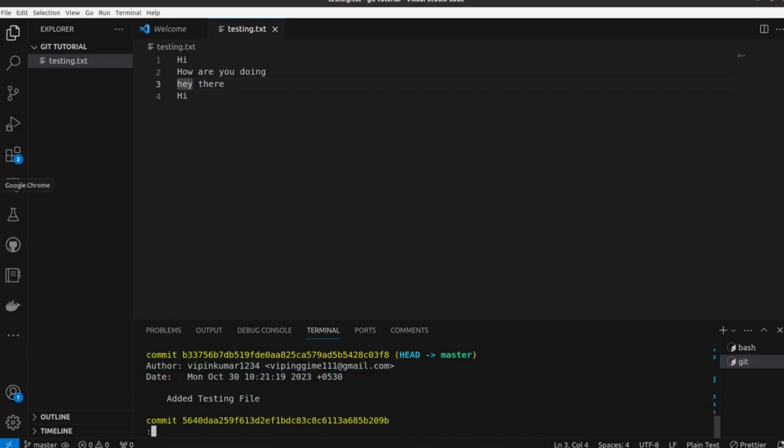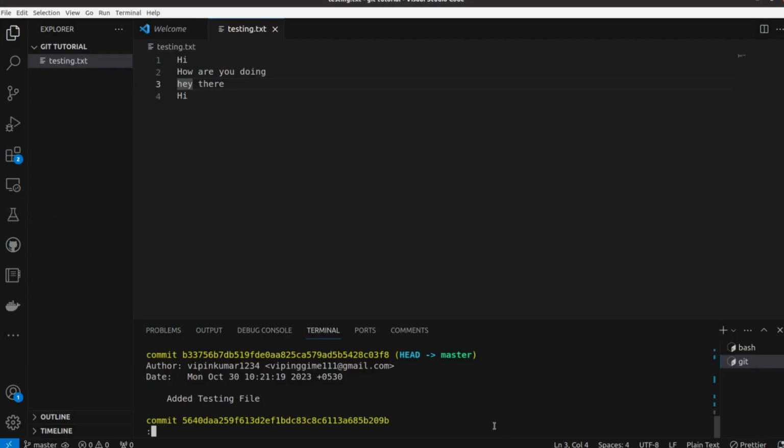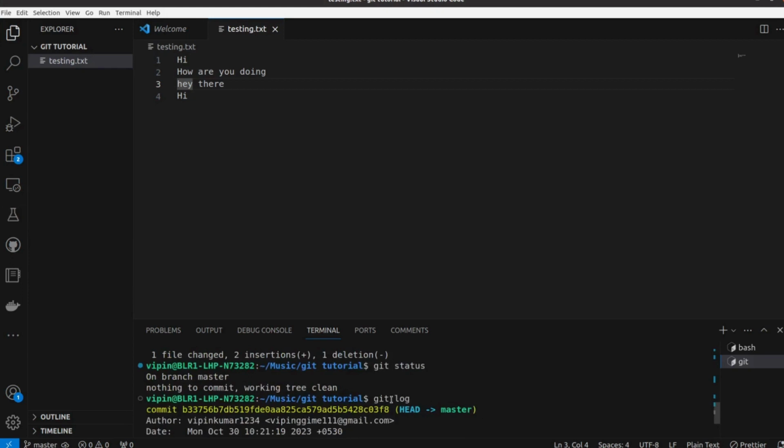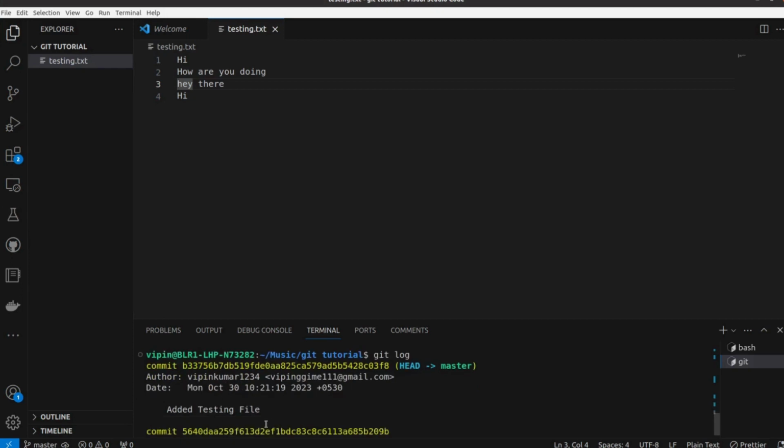Let's go back to the document. We have git log to view the commit history. You can see the commit ID, HEAD master, author, and the message "added testing file".